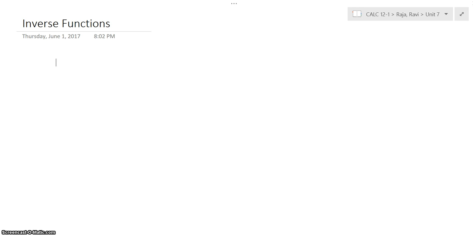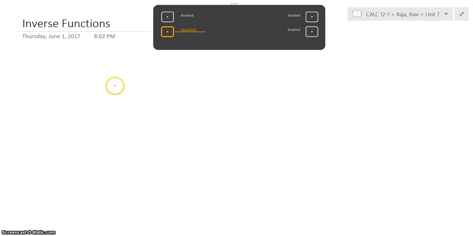Okay, so now we are going to talk about inverse functions. Inverse functions is definitely something that we've spent a lot of time on in grade 12, pre-calc 12. So let's go over that a little bit to start with. If we have, for example, f of x equals x to the 3, just a normal function, we could